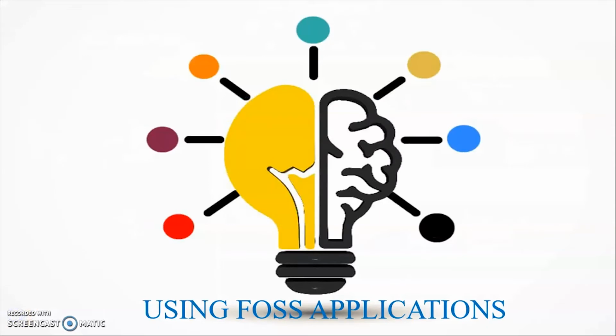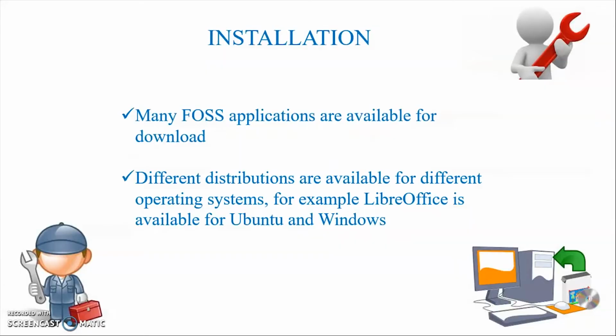We are going to see how we can use these FOSS applications. So how do we know how to install and use any feature of a FOSS application? First, the installation process. Various notes and guidelines for installing and using these applications are provided within the application itself. Whenever you are downloading it, you can find out the way to install it. These guidelines are called the documentation.